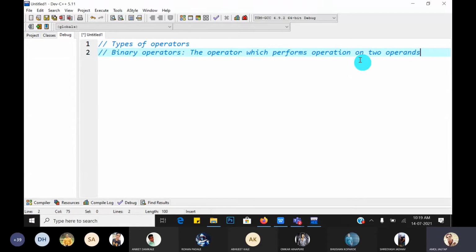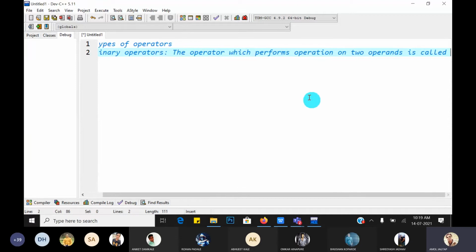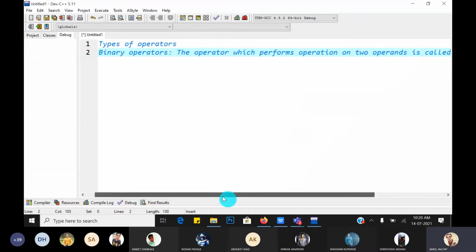There must be two operands to perform the operation. So the operator which performs the operation on two operands is called a binary operator. Okay, guys, understood?